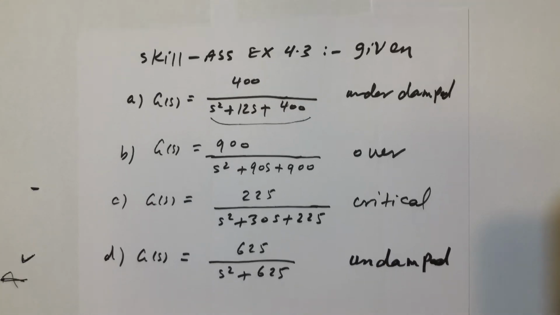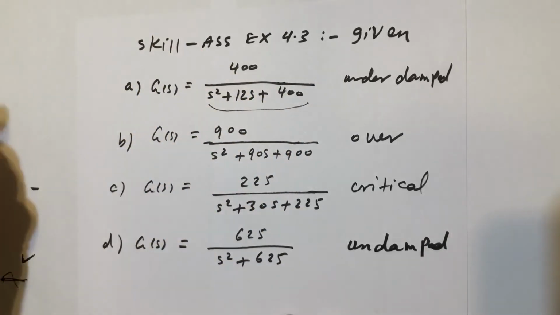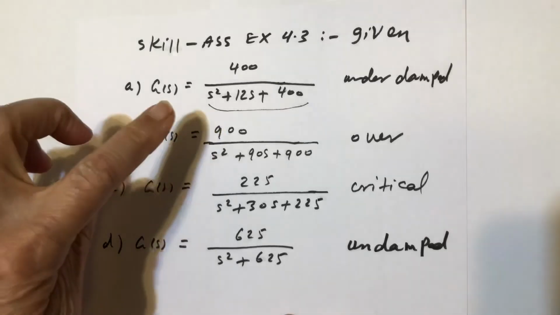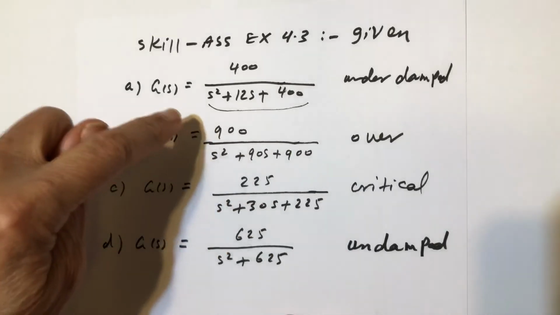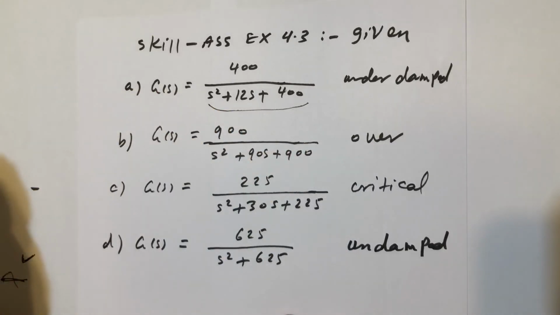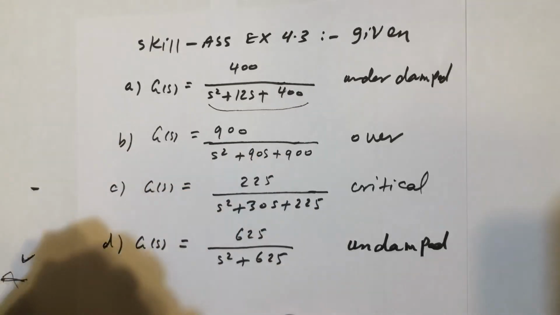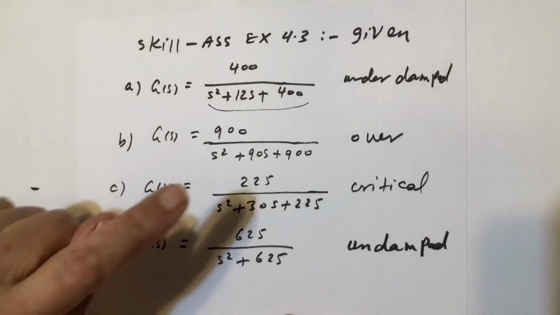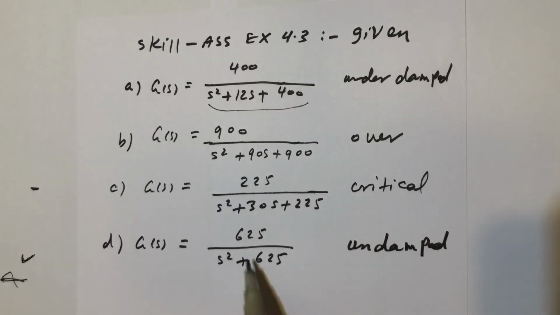So you can try these. Only factor these, even with your calculator. I don't mind. Just try them. Okay. On factoring, here you will have, because it's underdamped, two complex roots, and here you have two real and unequal roots, and here you will have two real and equal roots, and here because we don't have the middle part like